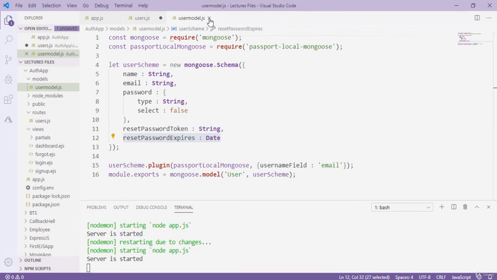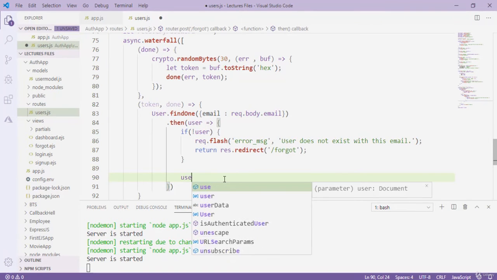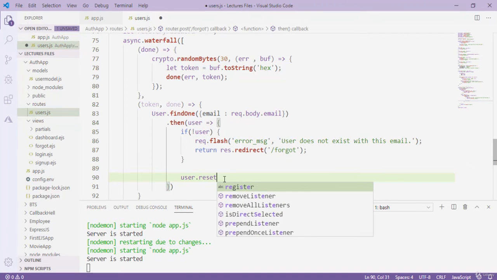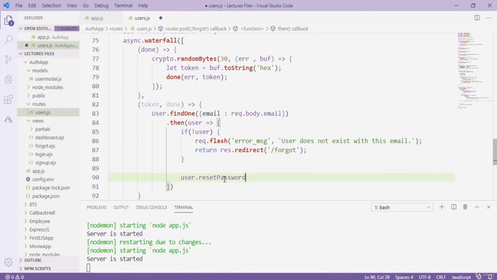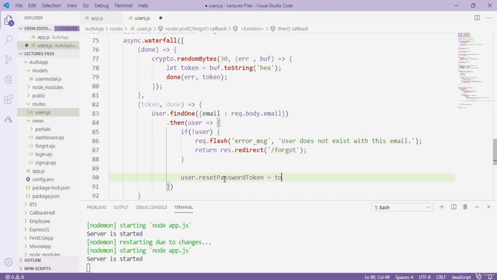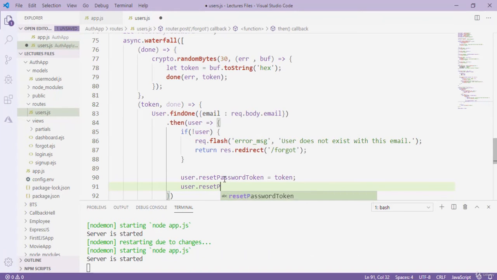I go back to my users.js file and I simply type here user.resetPasswordToken, which should be the token that we have generated at the top in the first method. We also have to set up the expiry time, so I simply type here user.resetPasswordExpires,